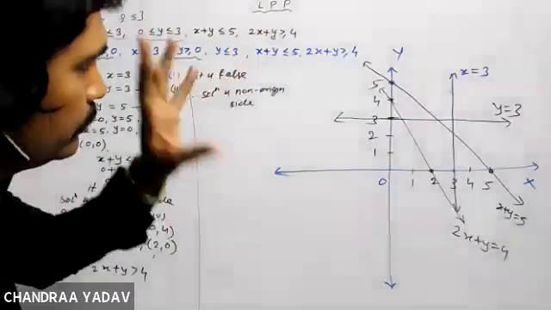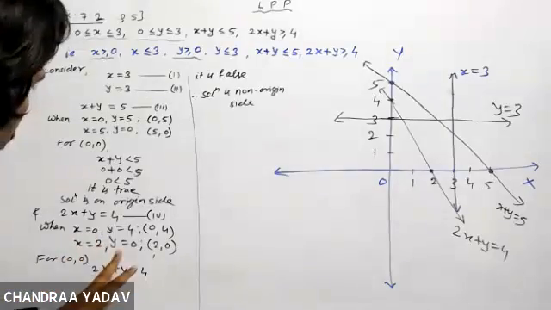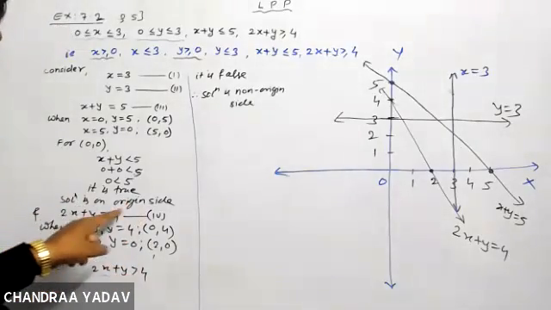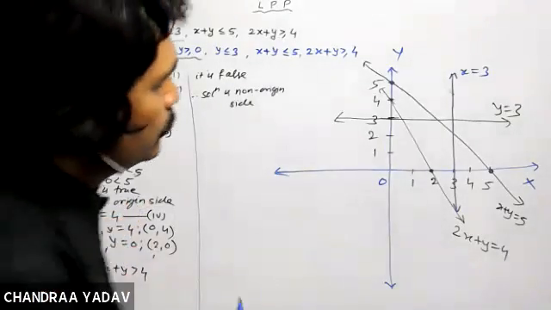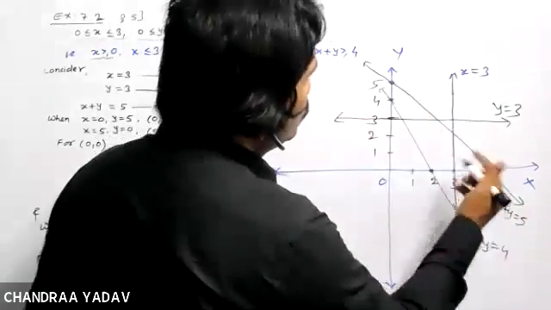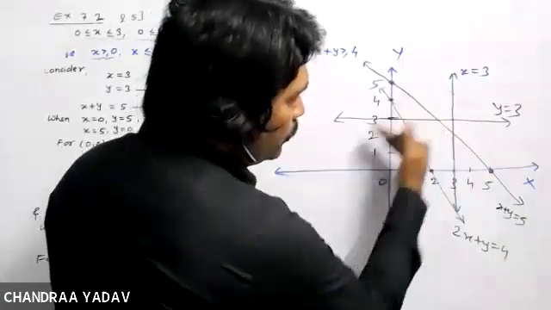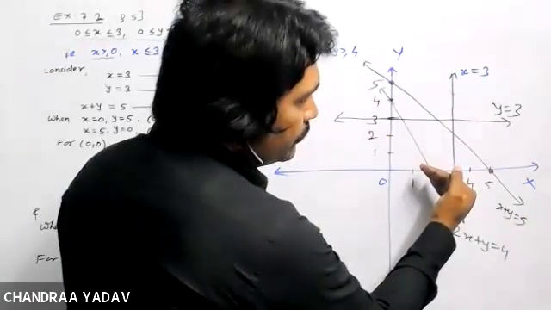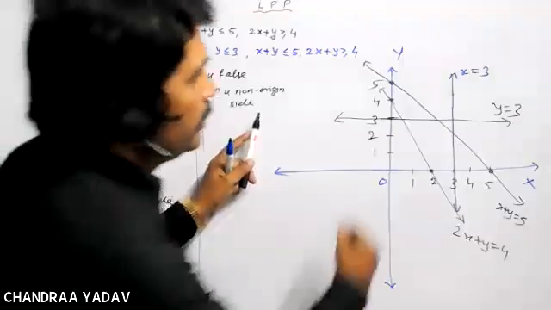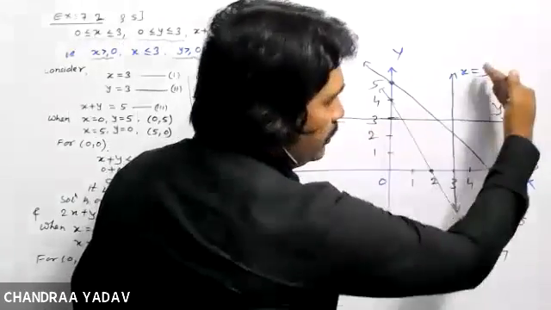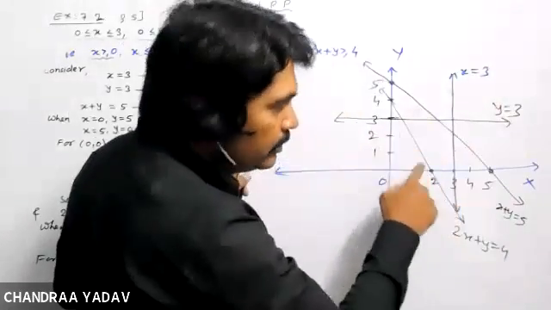Okay, fine. So just make the picture very clear. What about this one? For this one, the solution is origin side. It means we have to move downward, correct? Yes, sir. Okay. And here, this is non-origin side. It means we have to move away. Are you getting it or not? Okay, so which part will be here?